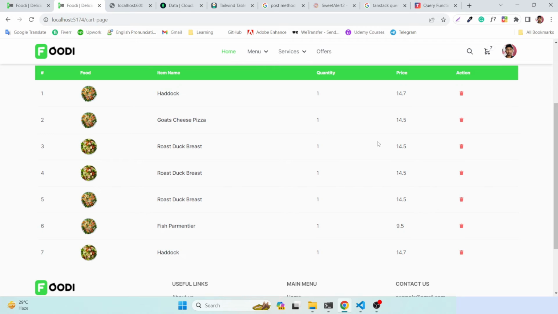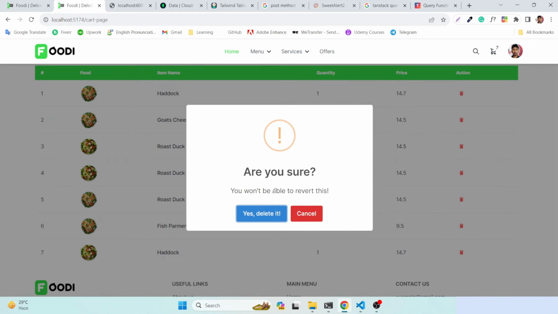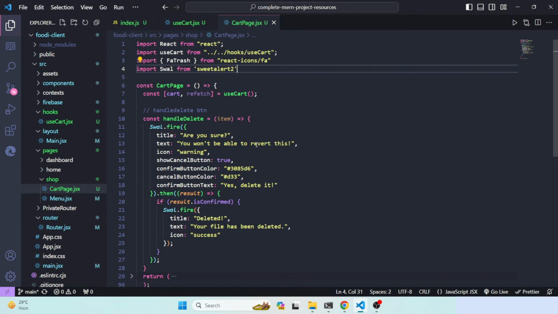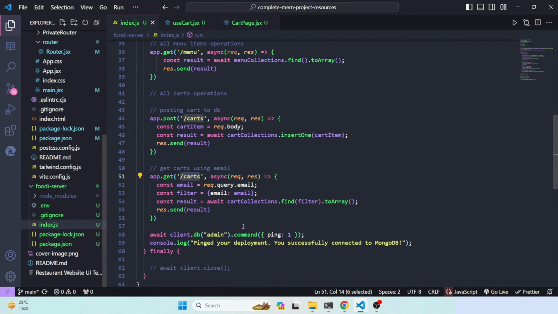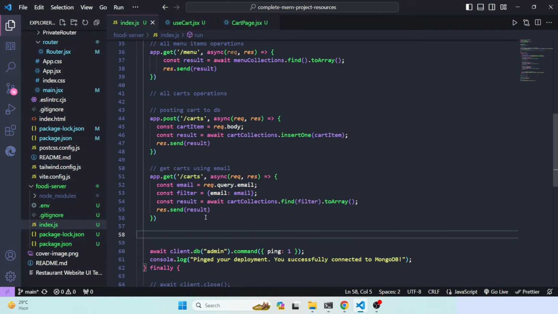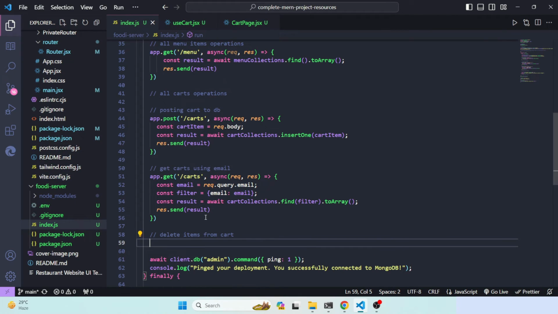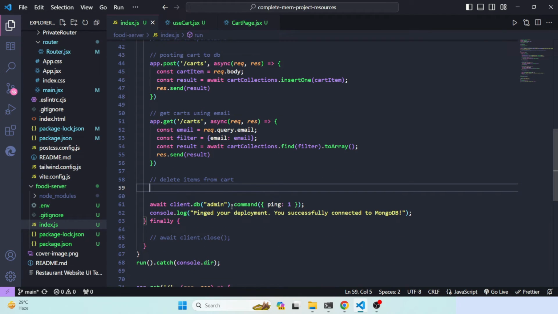Okay, after then what you will do, you will actually check here. So for example, when you hit any button, then here it shows, when you hit this, yes, delete it, then you will do something. So when the result is confirmed, you will fetch data and show something. So we will have to define a route for the delete. So delete items from cart. So here would be a delete method. So the delete method would be something like